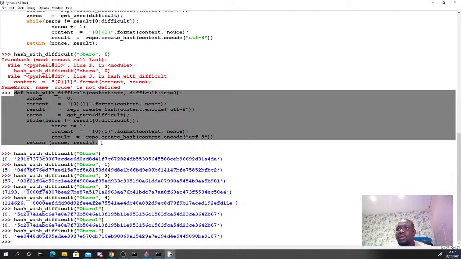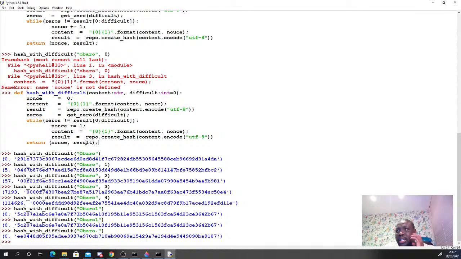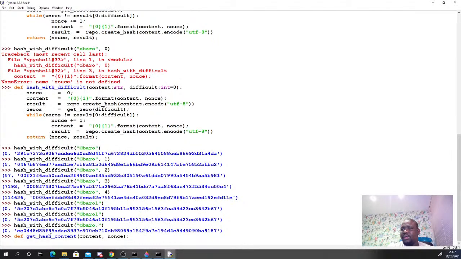I'm going to write another function that will say get hash content. So you give it the content and the nonce value, and it will return the same hash value for you. I'm going to get the hash content with the same thing that I did here, so that it will be the same. Because here I said create a hash where the nonce value is 0,